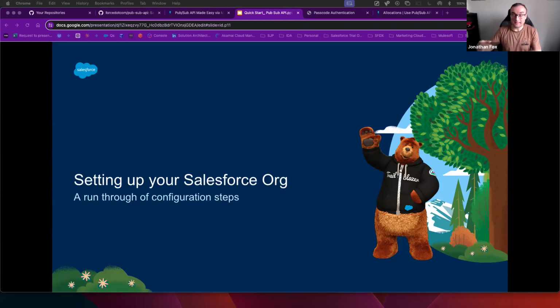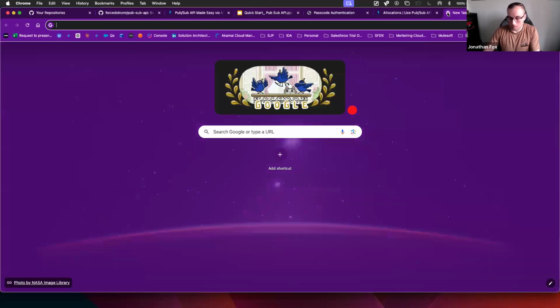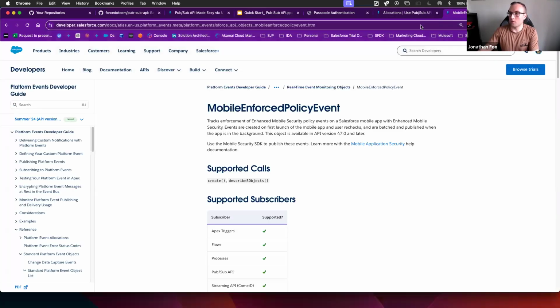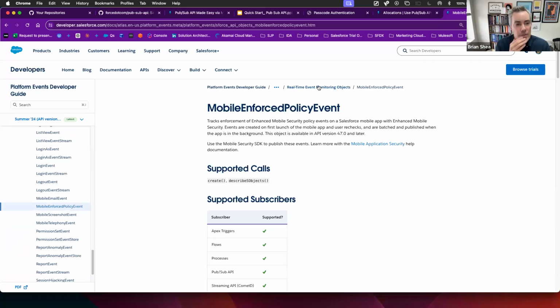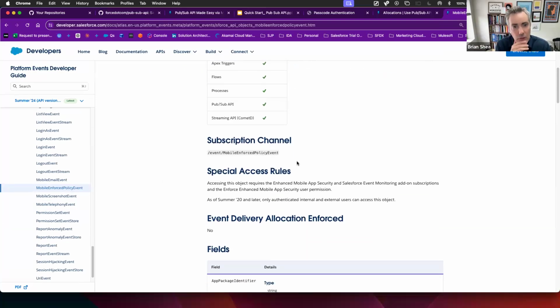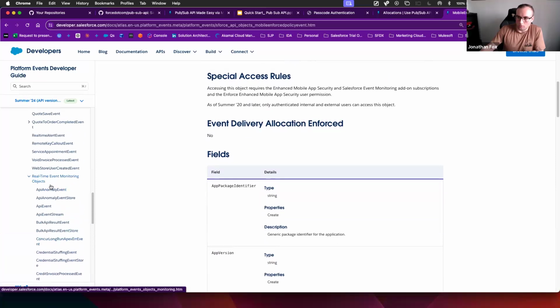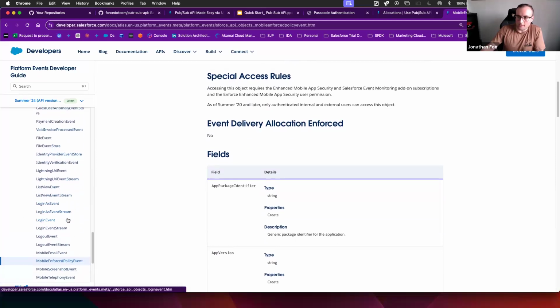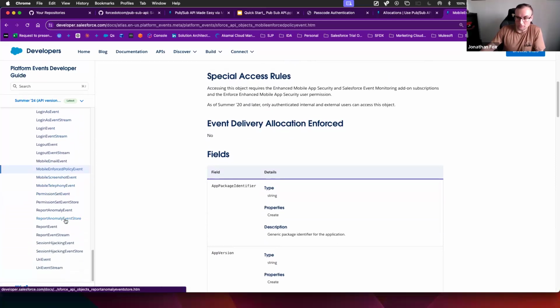Well, the example for myself, the mobile security policy kind of thing, Salesforce automatically publishes those events for us. We've not created a platform event there. That's a standard Salesforce event. It's part of the real-time event monitoring stuff, and there are a whole load of different real-time event monitoring events that are really cool and really useful to get hold of.